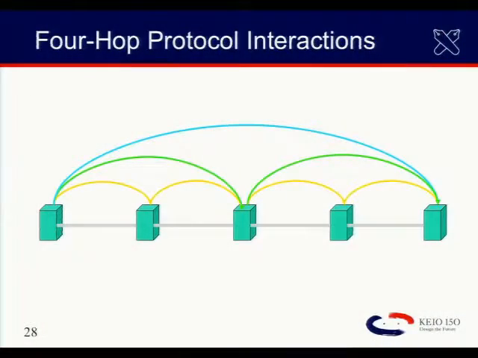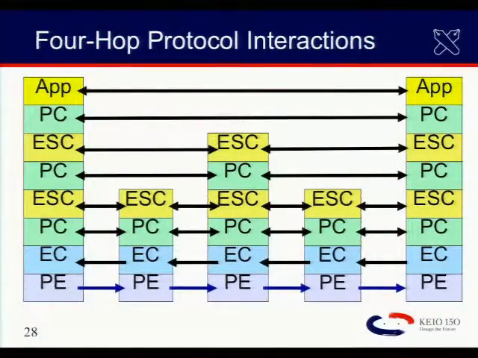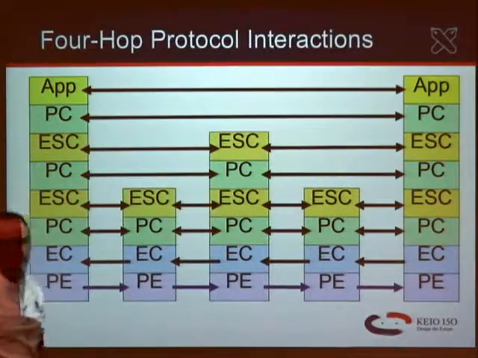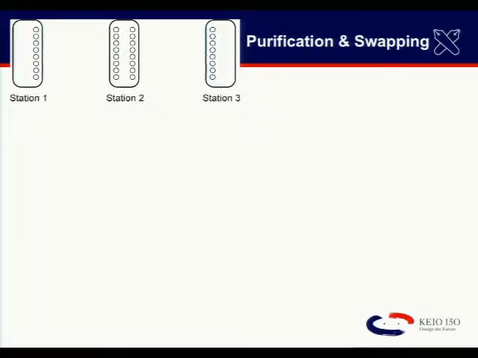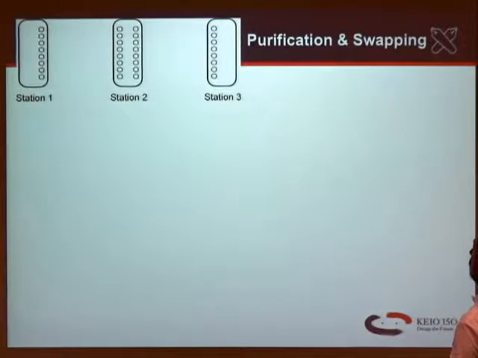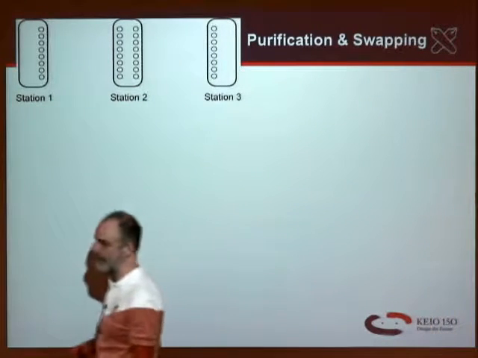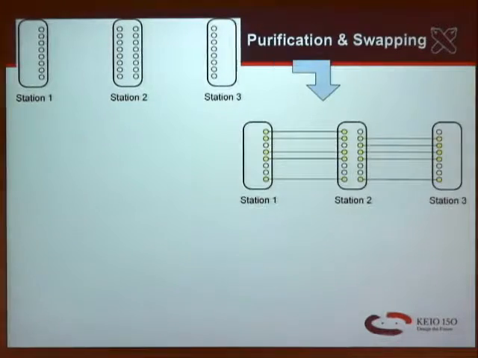Okay. Let's see, 4-hop stuff. I think you see probably how this interacts. You'll wind up with purification control and entanglement swapping control happening over 1 hop and over 2 hops, as well as end-to-end over the course of this. That's all at the relatively abstract level. So let's look at this where you've got multiple qubits involved in the system, and you'll start to see how the complexity of the system actually grows as you're doing this.